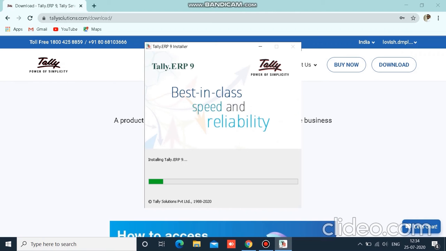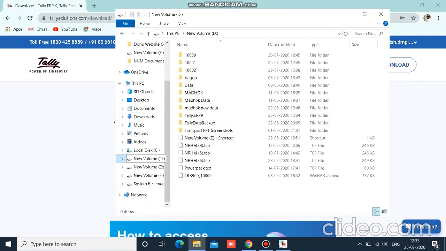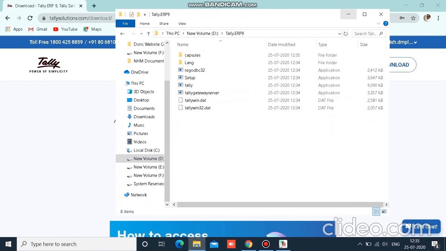Now guys, the installation of Tally.ERP 9 has started, and you can see that according to the bitness of my Windows, that is 64-bit Windows I have installed on my PC, 64-bit Tally is also installing automatically on my system. So I have to wait until this installation gets completed, and we can see in the folder where I have mentioned to install Tally at D:\TallyERP9. This folder is not automatically created by the setup.